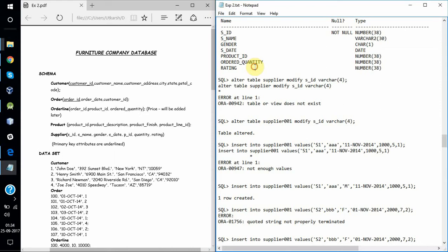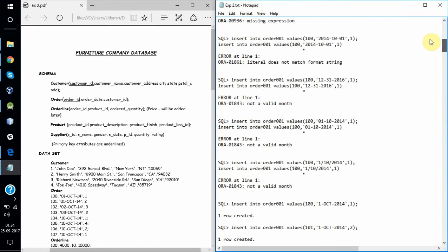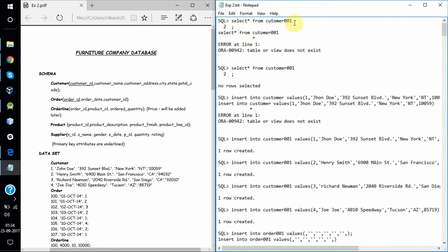So here is the spool file. Here we are selecting the customer table. Select asterisk from customer 001. It says no row selected because there is no data in the customer table. So here we are going to insert the data in the customer table, and the query is